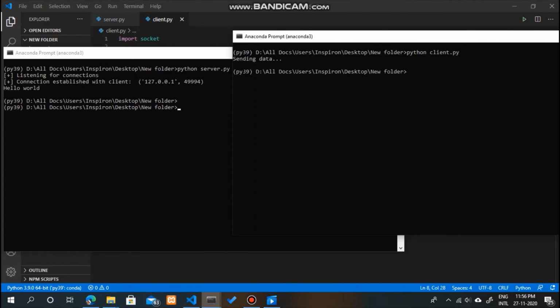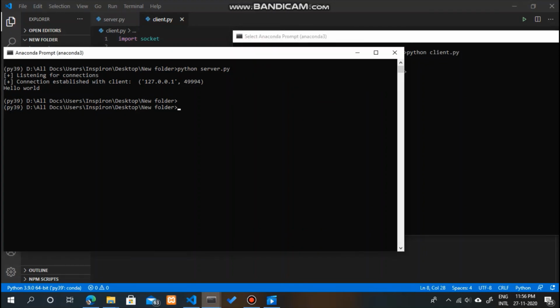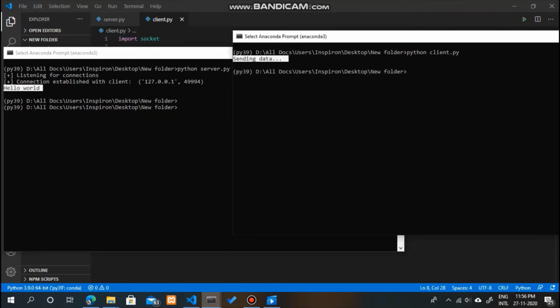And as you saw, as soon as I hit enter, it sent the data to our server, and the server actually established the connection with the client on this address, and it printed out hello world that it received from our client.